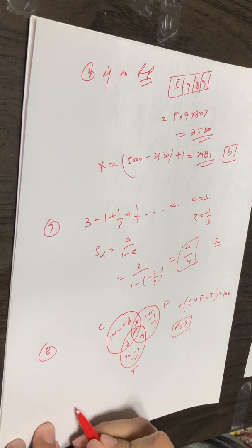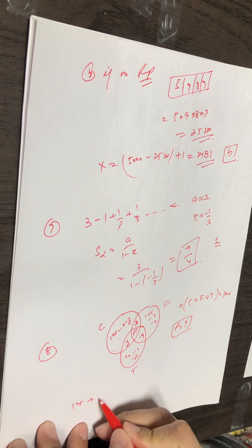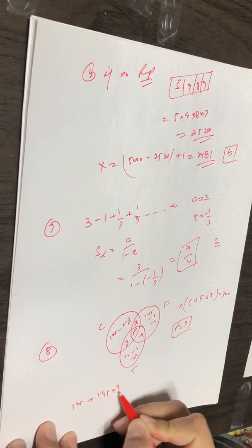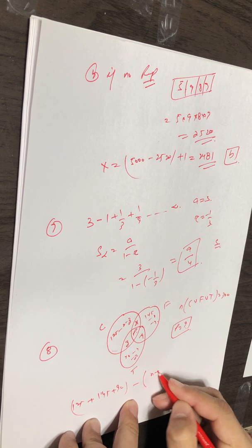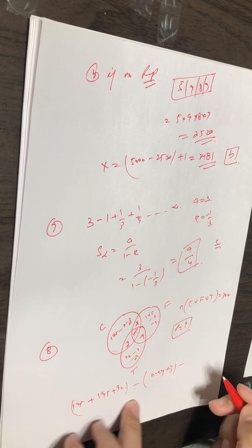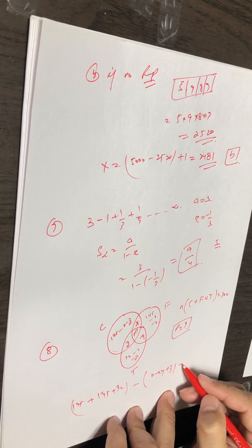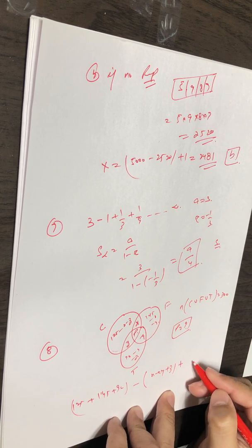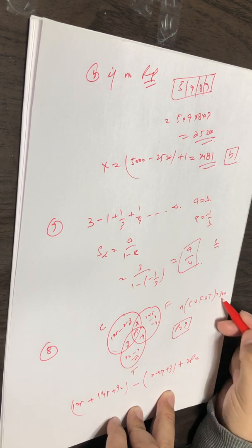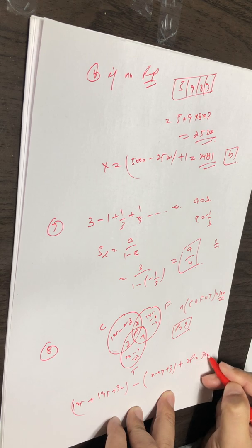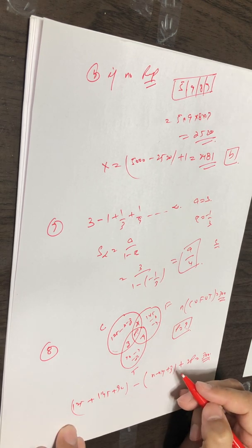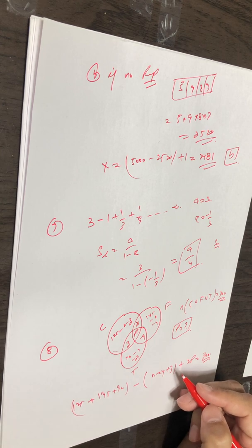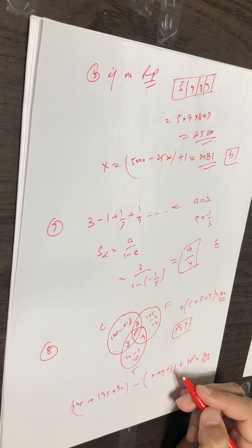So ultimately this will be equal to 125 plus 145 plus 90, minus, taking the common terms, this will be equal to plus Z, and this will be equal to plus 2P, and it is given as 300. Okay, and it is also given that X plus Y plus Z is equal to